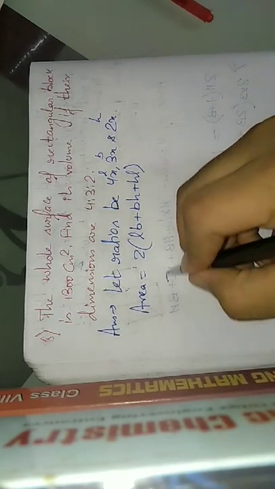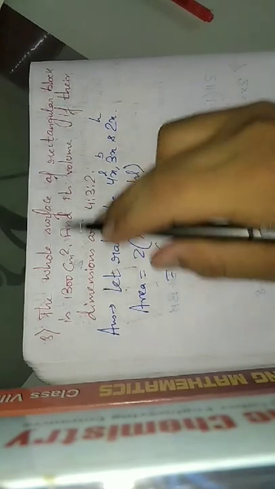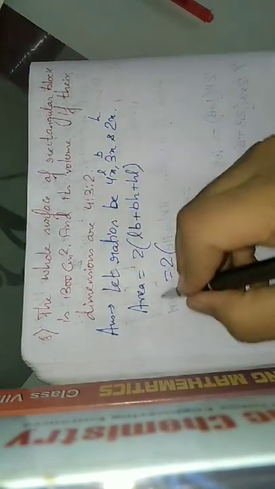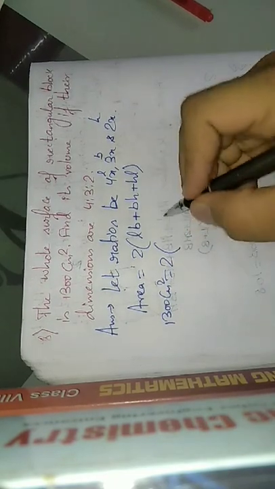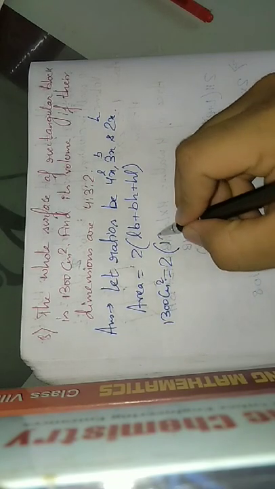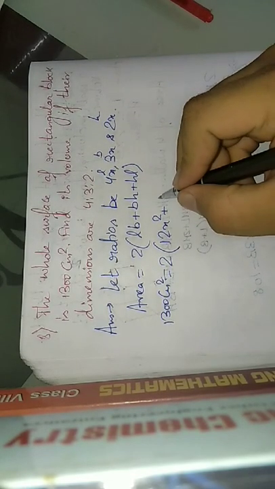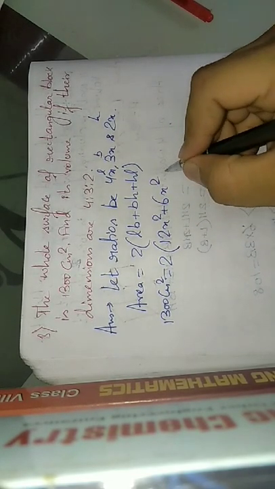So this will be 2 into, what is the value of area? Area is 1300 centimeter square. I'll write even the unit. 2 into length into breadth means 4x into 3x, 4 threes are 12x square, am I correct? Breadth into height means 3x into 2x, 3 twos are 6 and x into x is 6x square. Plus this height into length, 2x into 4x. 2 into 4 is 8, and x into x is x square.